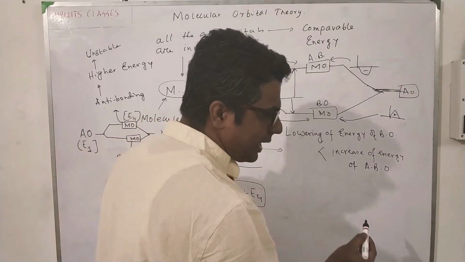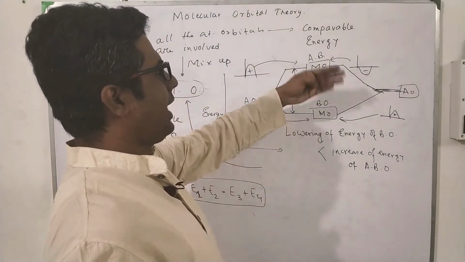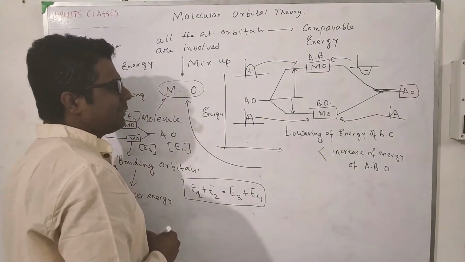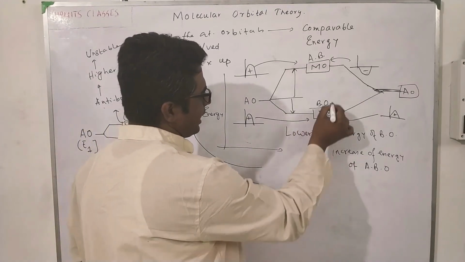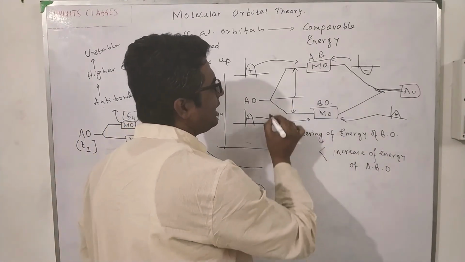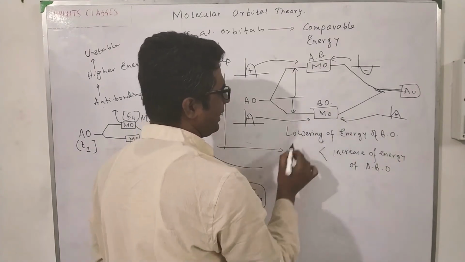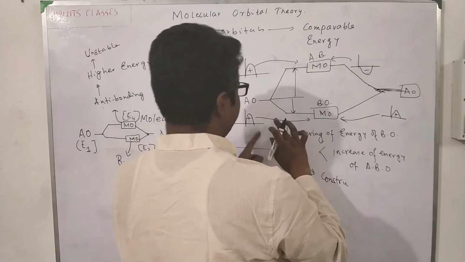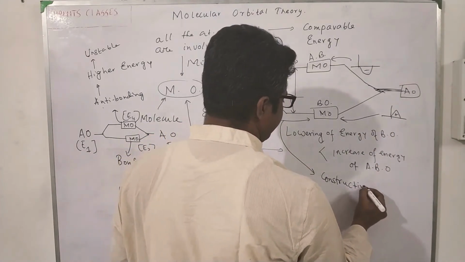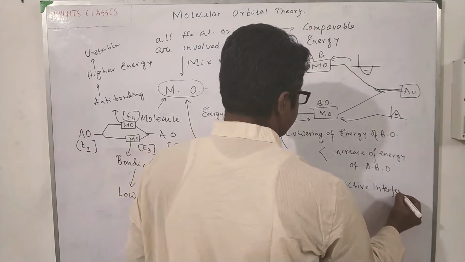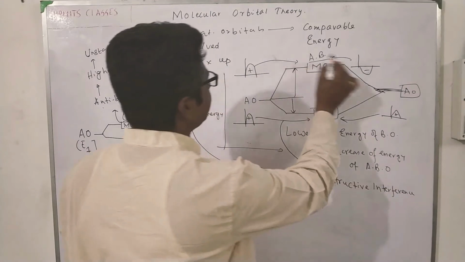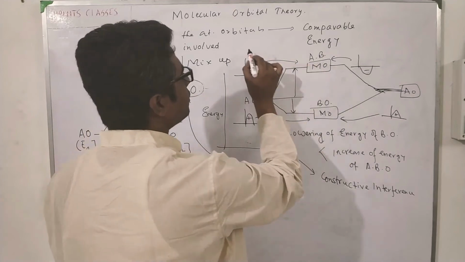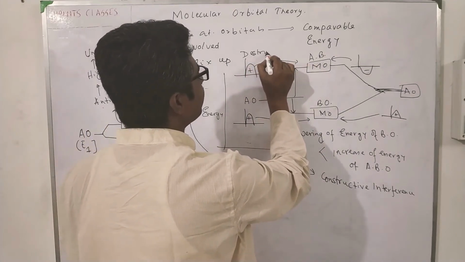ऑर्बिटल में एनर्जी कम रहेगा और ये स्टेबल होगा। और एंटी बॉन्डिंग मॉलिक्यूलर ऑर्बिटल में एनर्जी ज्यादा रहेगा और ये अनस्टेबल होगा। This type of overlap, this type of interaction between the two atomic orbitals is called constructive interference between basically two wave functions, ठीक है। Constructive interference, ठीक है। और इस टाइप का जब आपका इंटरफेरेंस होगा दो ऑर्बिटल का और दो इलेक्ट्रॉन वेव्स का, तो उसको बोलते हैं आपको डिस्ट्रक्टिव इंटरफेरेंस,